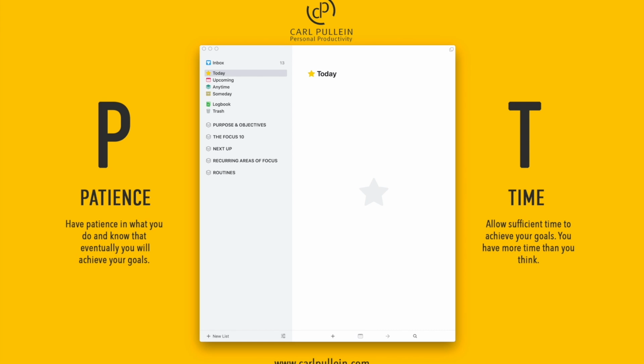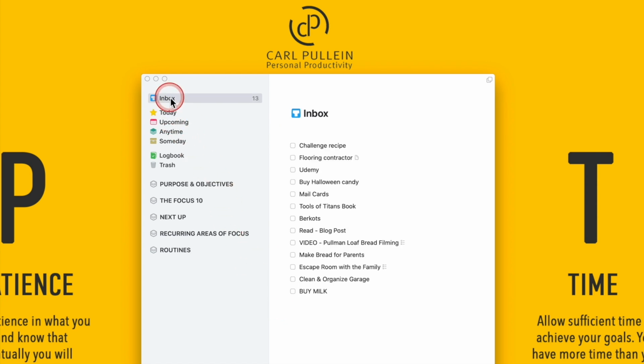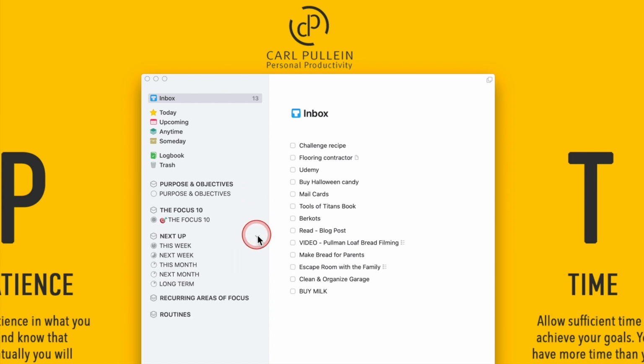Both of these exercises are really similar. So let's pretend it's the end of the day. As you can see, I got all of my tasks done. It was a really good day. So the first thing I did was open up my inbox. Then I open up all of my areas so that all of my time blocks are displayed. Now I simply review where do these tasks need to go, and you can move them just by a simple